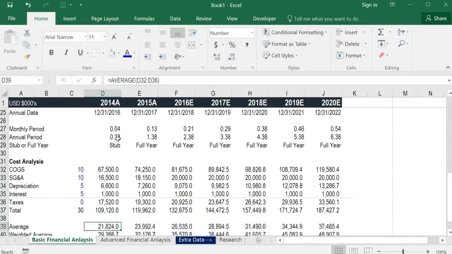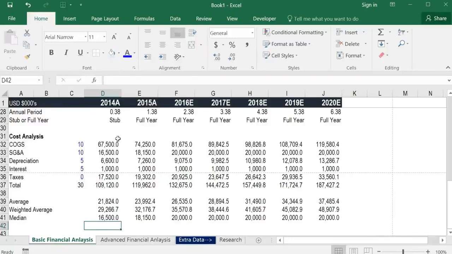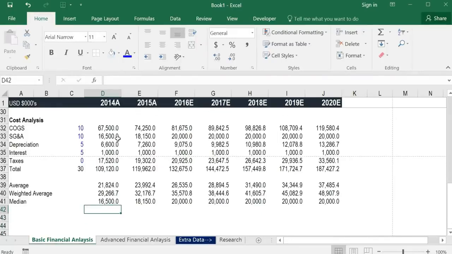Let's look at another example down below where instead of returning a string of text, we're going to return a number. So let's say that we want to know which years have total operating expenses that are greater than 150,000. So let's say we only want to highlight those years. Otherwise, we want zeros. So let's put here